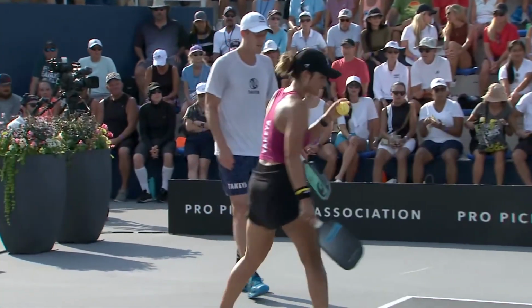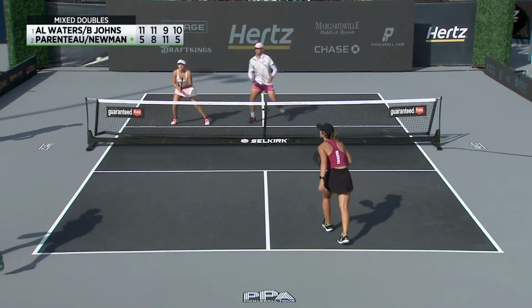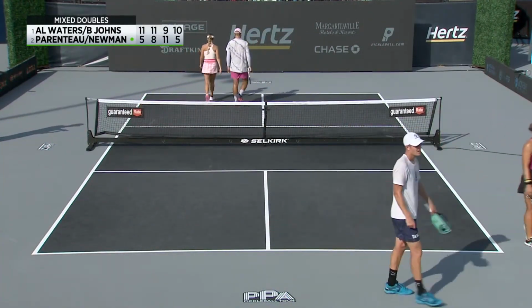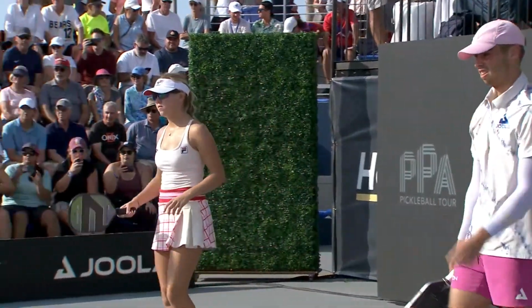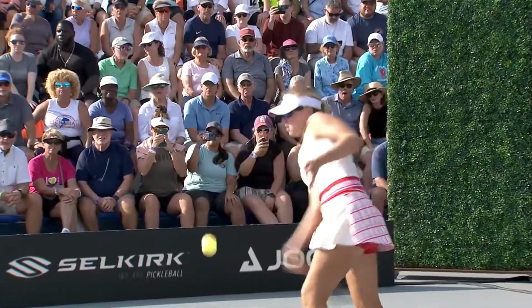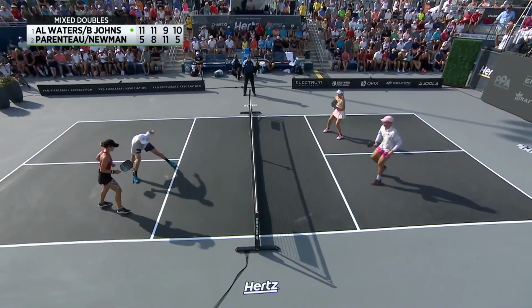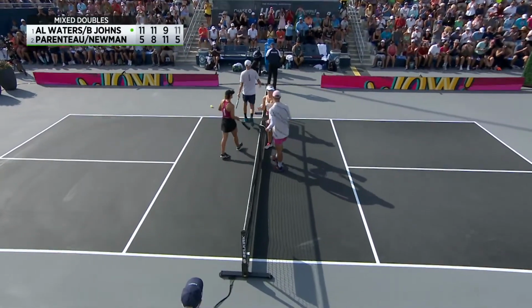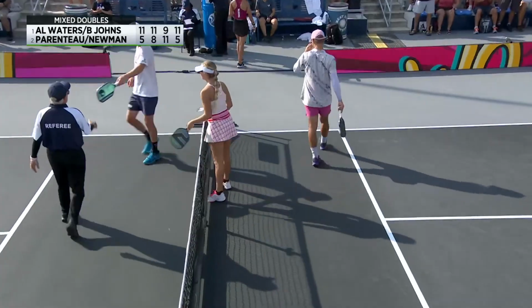3 really sloppy service points in a row for this duo. They've gone 8 straight serves without scoring a point. Make it 9 straight. And now we got championship point number 3. Yeah, that's when you have to have your best thirds, your most precision, to get to the kitchen line and make them earn a victory, and they're not doing it now. And that'll do it. The number 1 ranked team on the planet, Waters and Johns. They needed 4 games, but in the end,